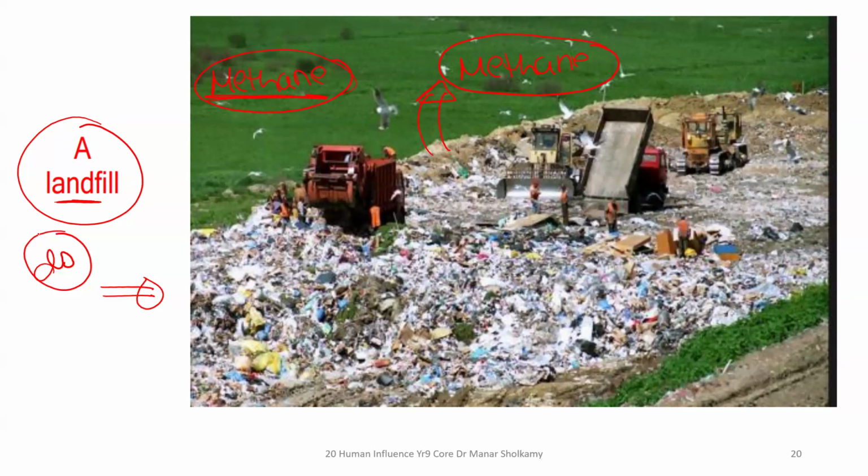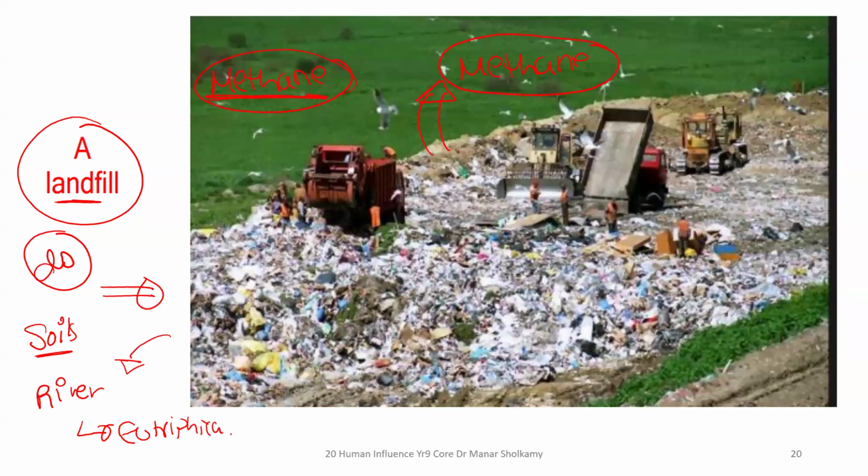Number 3, this is going to destroy the soil. You cannot grow crops after you pile a landfill here, because here contains lots of toxic chemicals that will be washed out into the soil. The soil is going to absorb all these chemicals, and the soil is not going to be fit for any farming. And all these chemicals will also be washed out to a nearby river and also cause eutrophication.